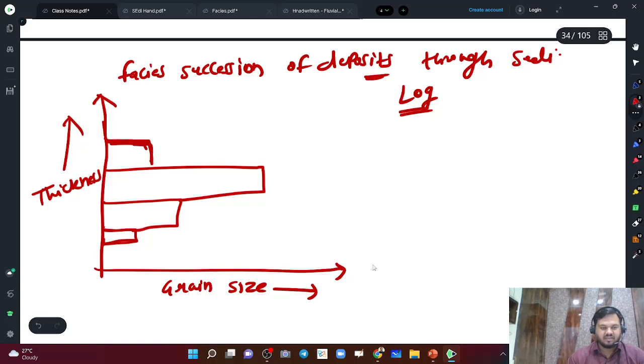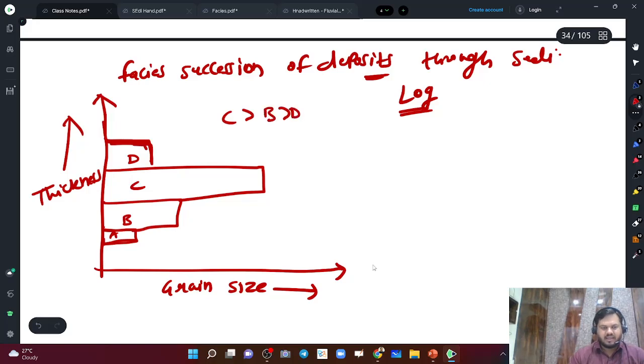This is A, B, C, D. In which layer are you getting the most grain size? In which succession are you getting most coarse grain? C. Yes, C is the greatest,